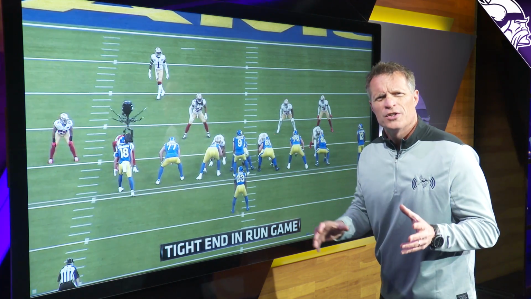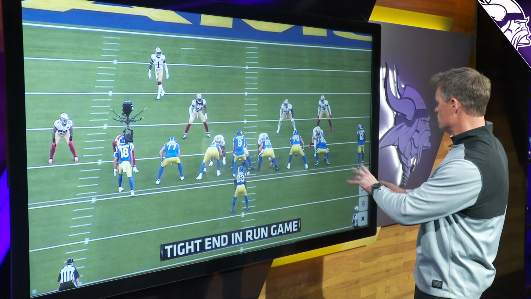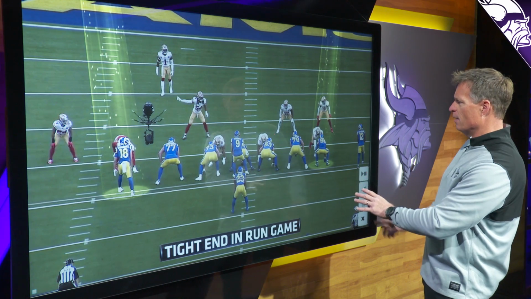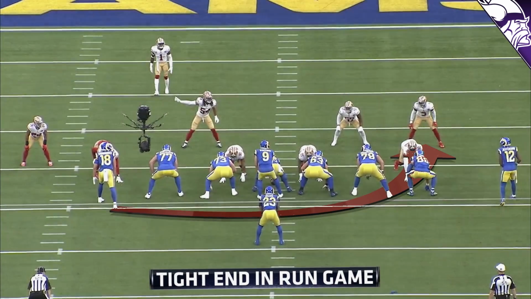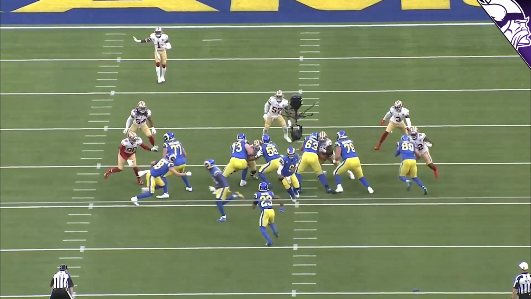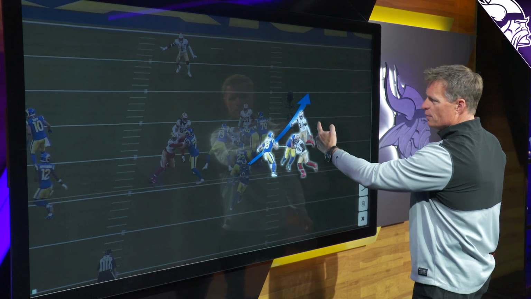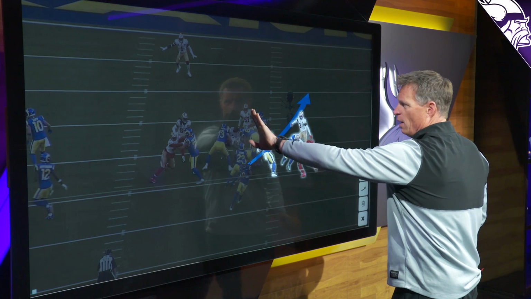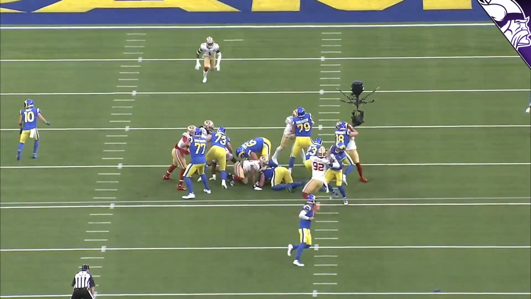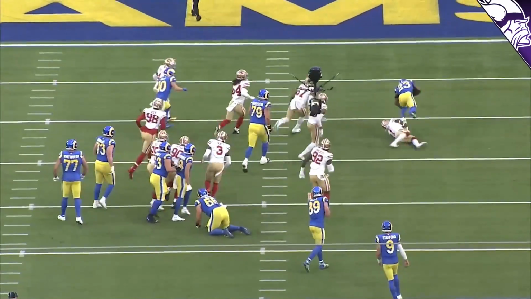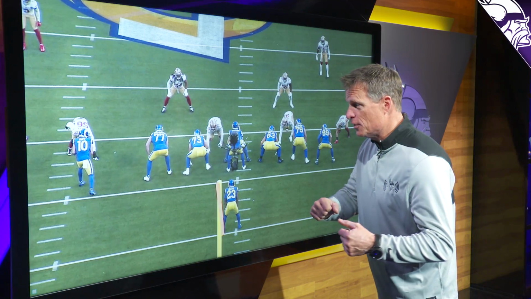Now, another kind of overarching theme that we see is the importance of the tight end in the running game. And you're gonna see on this play exactly what we're talking about. You've got a wide receiver again at a flank, with the tight end on the line of scrimmage. Again, the jet motion, this time they're gonna counter back, and it's this block by the tight end on the defensive end to kick him out. The wide receiver leads up on the defensive back. They're walling it here. They have a lane to run through. They have this thing blocked up beautifully. Running back Akers is able to squeak through and get himself about 14 yards. Illusion of complexity? Let us continue.